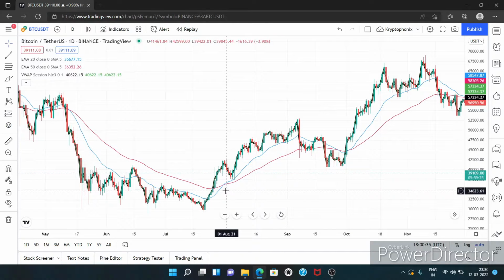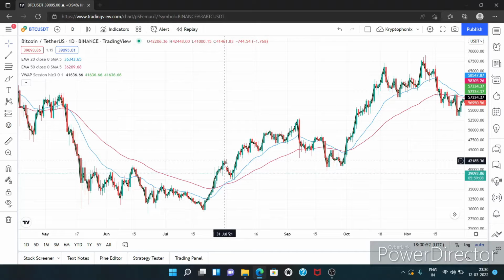Okay, look over here, this point. At this point, the 20 EMA moved above the 50 EMA. A buying crossover, a bullish crossover is being formed. And what is the price? The price is